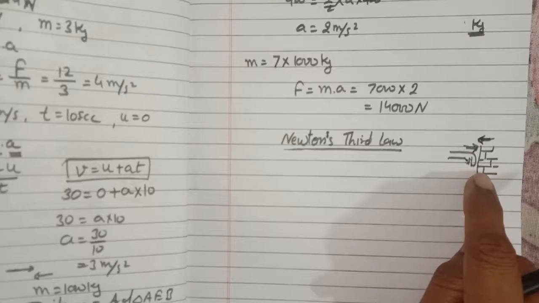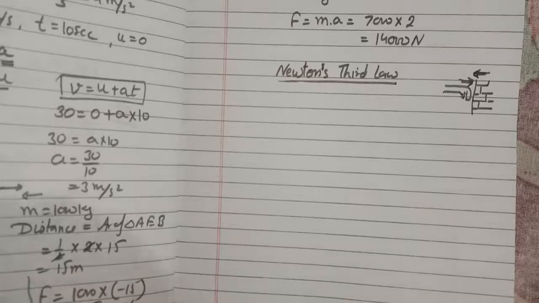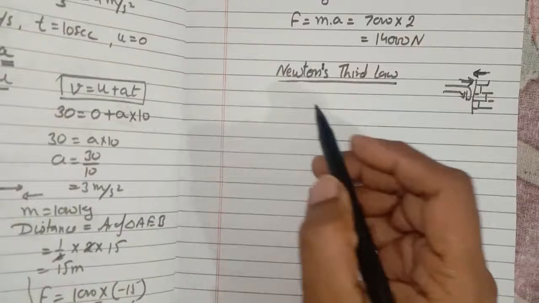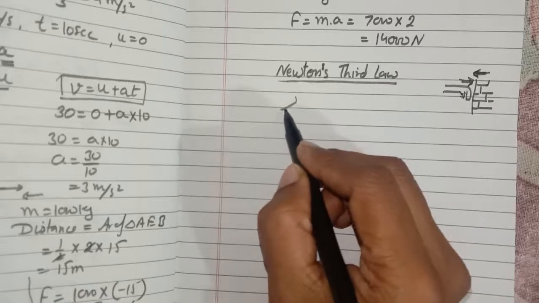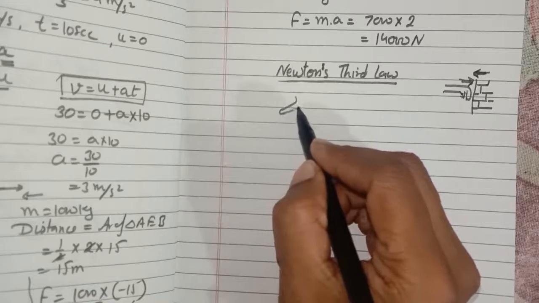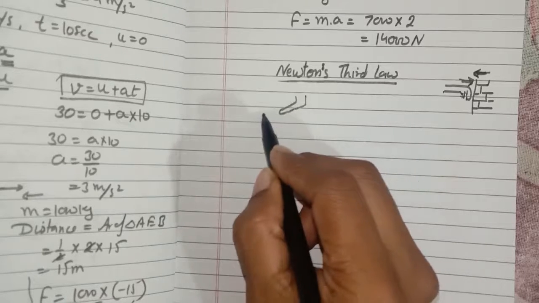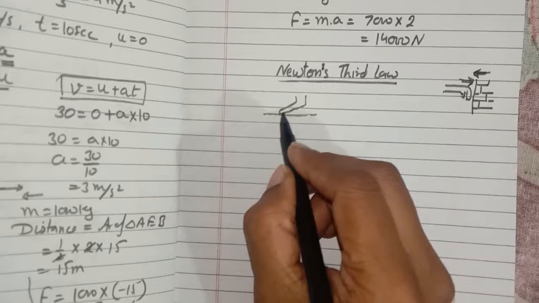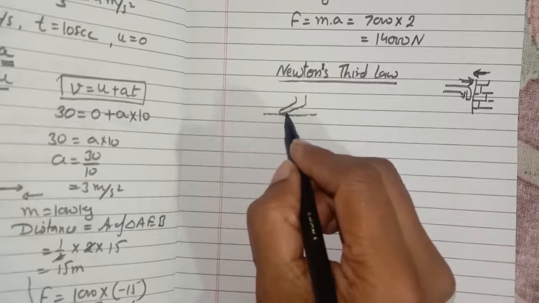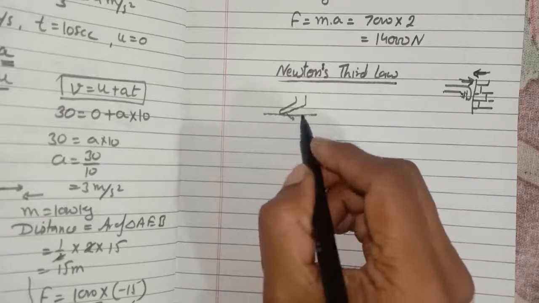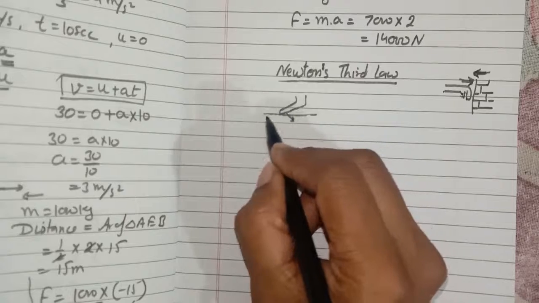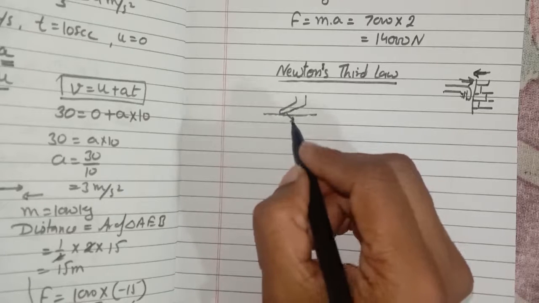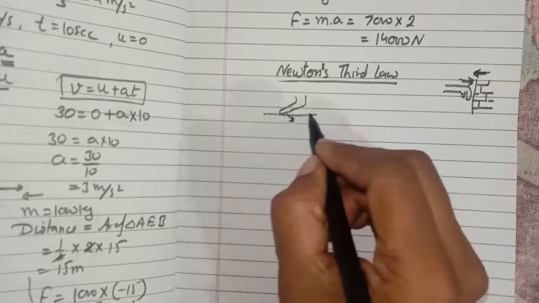And a few more examples which we observe in our daily life are how we walk. Now just think about how we walk. You will observe that you push the floor with your foot. You push the floor with your foot, and this is the action. The force exerted by you on the floor is the action, and for this action this floor also